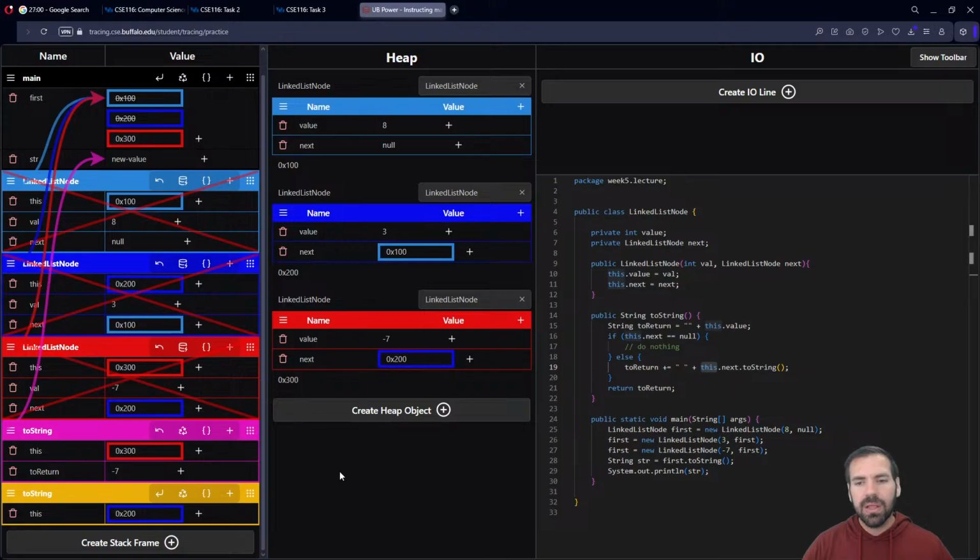And we're moving through the linked list because of the way we're making the recursive calls through different objects. We're making the recursive call through the next node. So this is going to be a reference to the next node. And that's how we keep track of which node we're currently processing in the toString method, by using the keyword this. The only reason we can do that is because we're inside the linked list node class as we're traversing